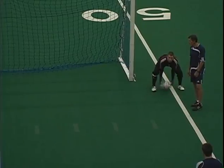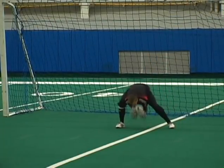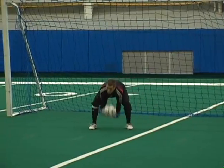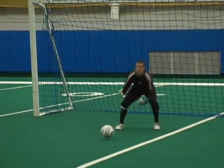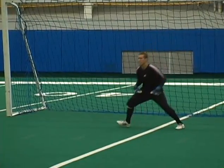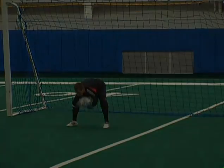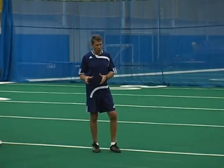Okay, and well done. Zach, step in for a minute. Good job by Eric there. Good movement. Again, it's critical for the goalkeeper to get in position as quickly as possible. You don't want your feet moving as the ball is being struck by the shooter. You want to be set. So again, on that last one, he almost couldn't get there. He did, but again, that's when you might be thinking of using a different type of save, which we're going